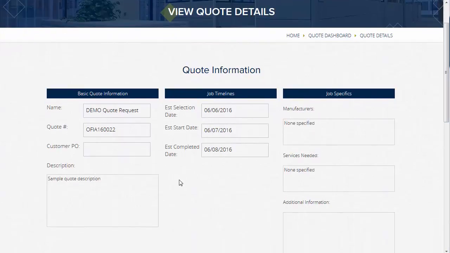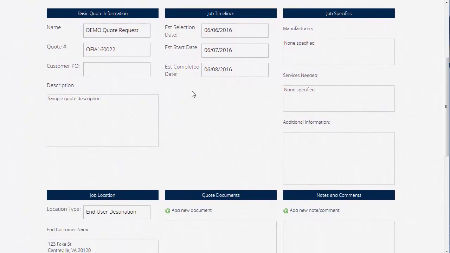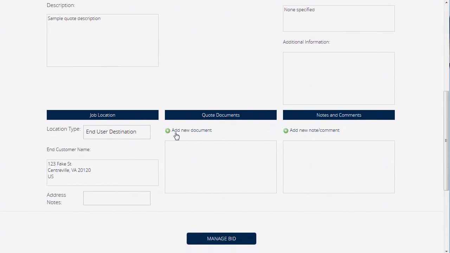In this case, I've only put in the bare minimum of information, but this is where the job specifics would be outlined. You can attach your own quotes or put in your own comments to this quote request. If you do so, only the customer will see them, and of course they'll get notifications for when you do so. They can also put comments or quote documents back just to you as well, and if that's the case, of course you'll get notifications for that as well. You can click on the Manage Bid button at the bottom,